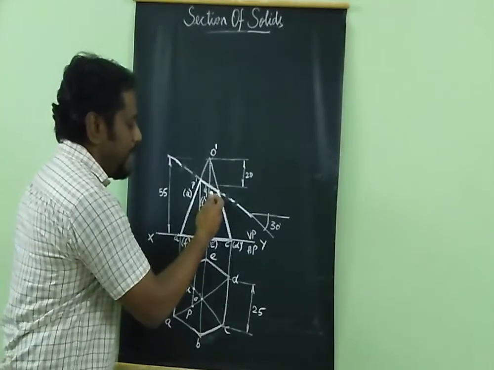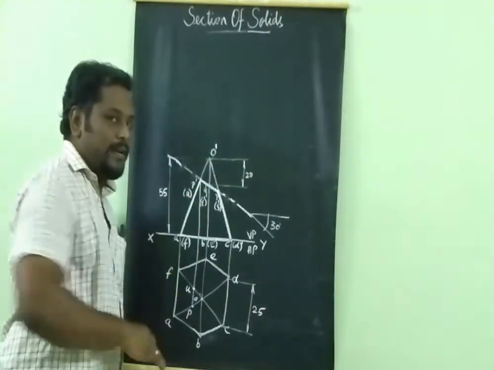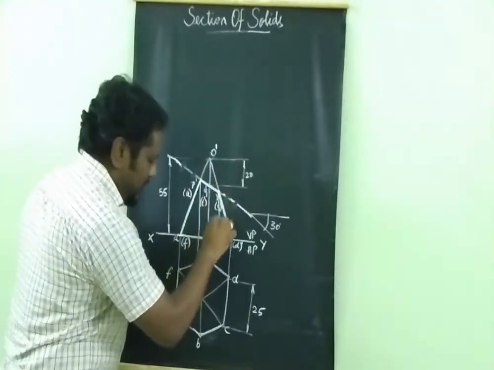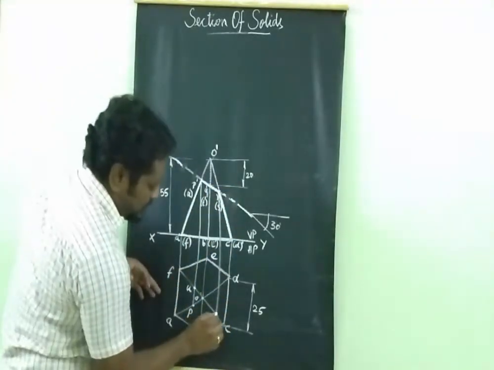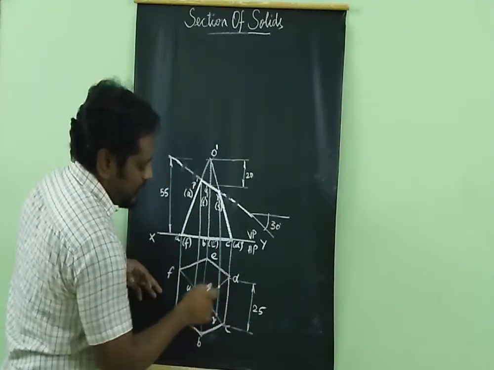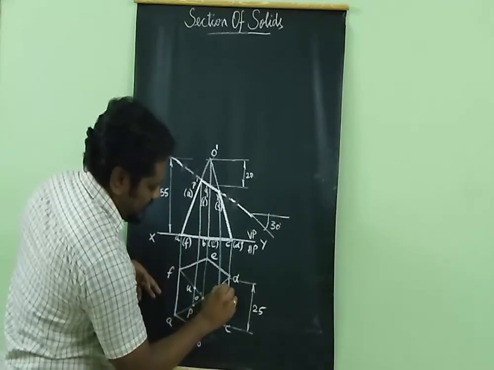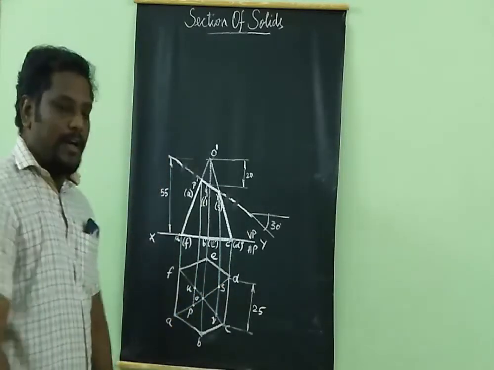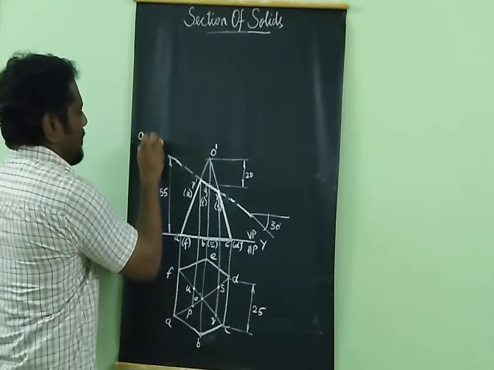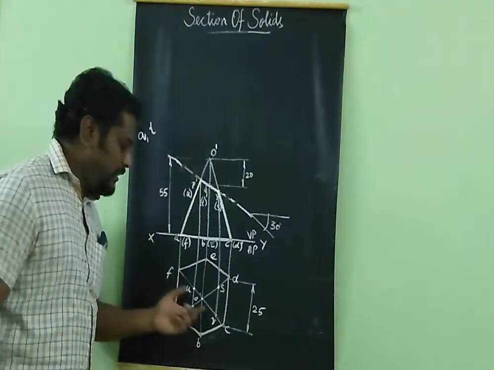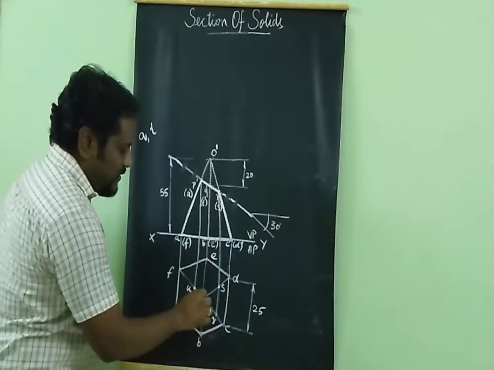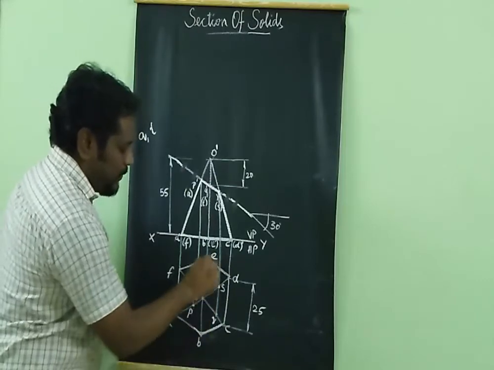Now you have to mark the point R and S. Hold these 2 points. I'll come to this later. These 2 points have to be marked in a similar way. So R point is in OC line, that is visible line. So this is R. S point is in the invisible line OD and this point must be S, right? So I have marked all 4 points P, R, S, U. Now the points Q, T have to be marked in the top view. If you transfer this, it will not cut anywhere, the line OE and OB.